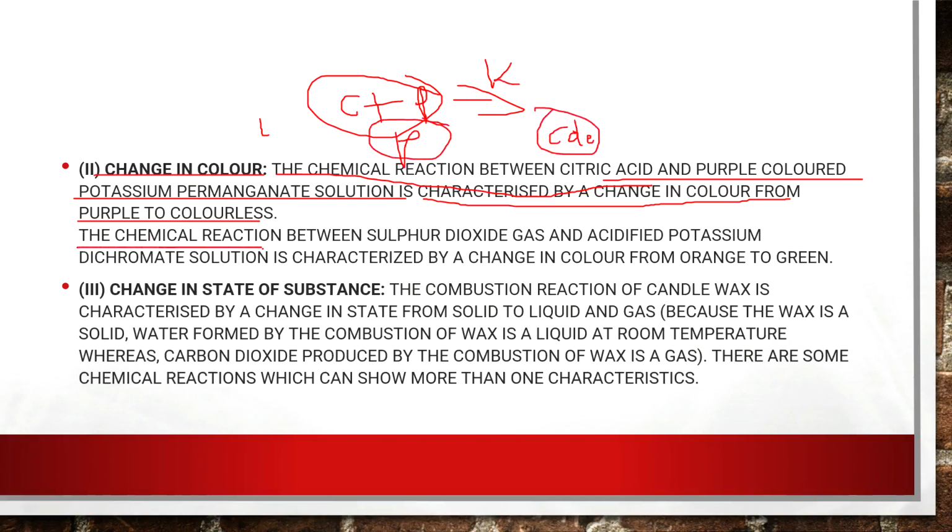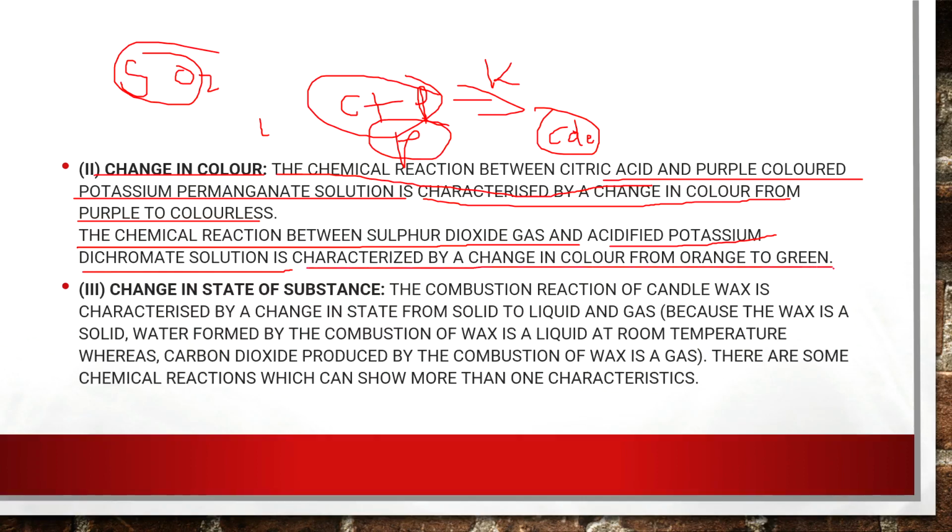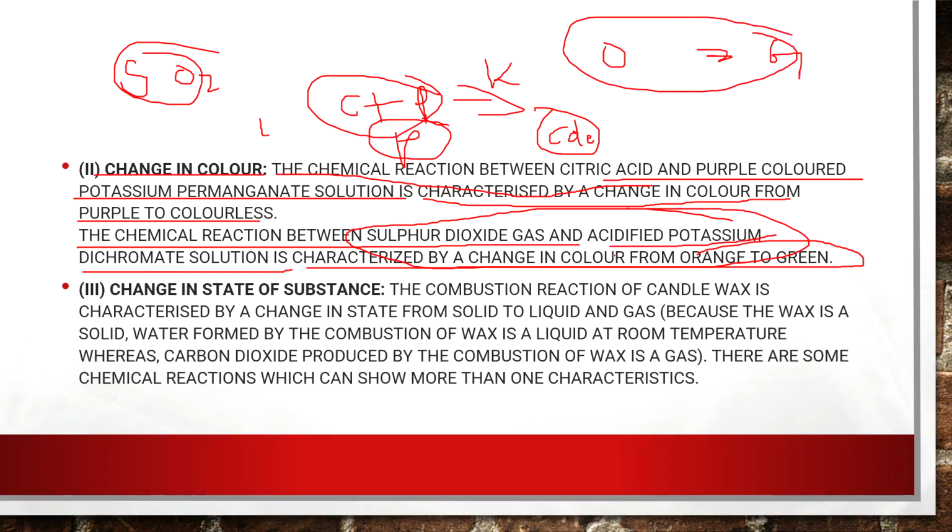Then the chemical reaction between sulfur dioxide gas and acidified potassium dichromate solution is characterized by a change in color from orange to green. So when sulfur dioxide gas reacts with acidified potassium dichromate, the color changes from orange to green. Then we'll be discussing